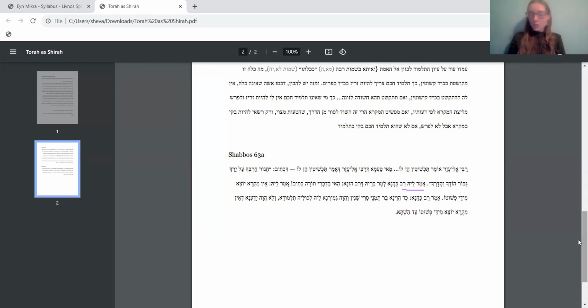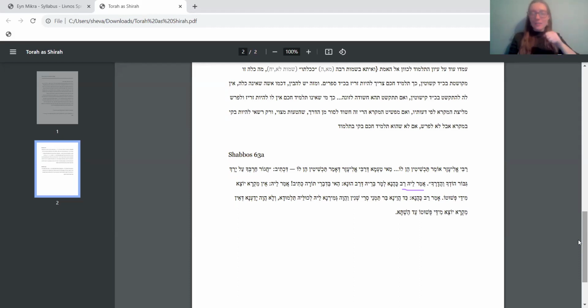Now, Amar Rav Kahana, this is what Rav Kahana responded. We're not going to do that line inside. I'll just tell you two outside. Rav Kahana responds to this line and he says, I learned all of Shas and I didn't know that Ein Mikra Yotzei Midei Pshuto. Even though I'm a huge Talmid Chacham and I know all of Shas, I never knew that a verse cannot completely depart from its pshat meaning.